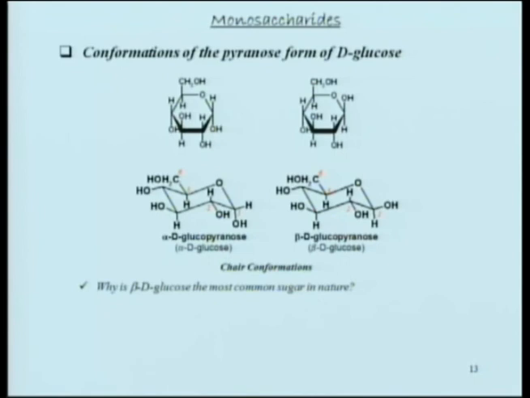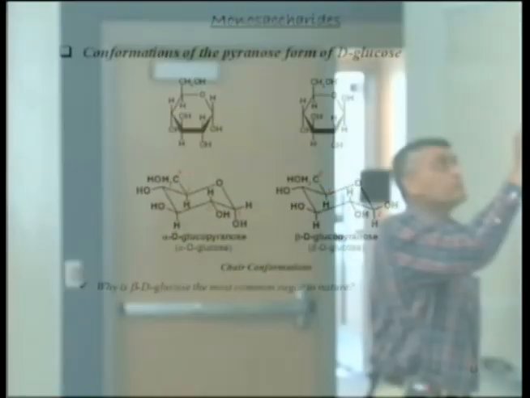Easiest is to draw the axial bonds first. These are the ones that are perpendicular, right? If you want to draw an equatorial bond here, it is going to be parallel to the alternate bond. The alternate bond here is this one, so draw a line here which is parallel to that line. Likewise, if you want to draw a bond here, draw a line parallel to the alternate bond.